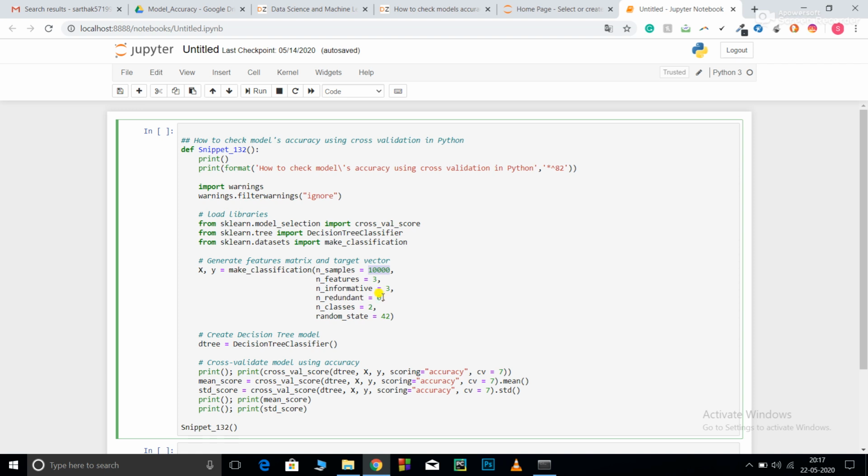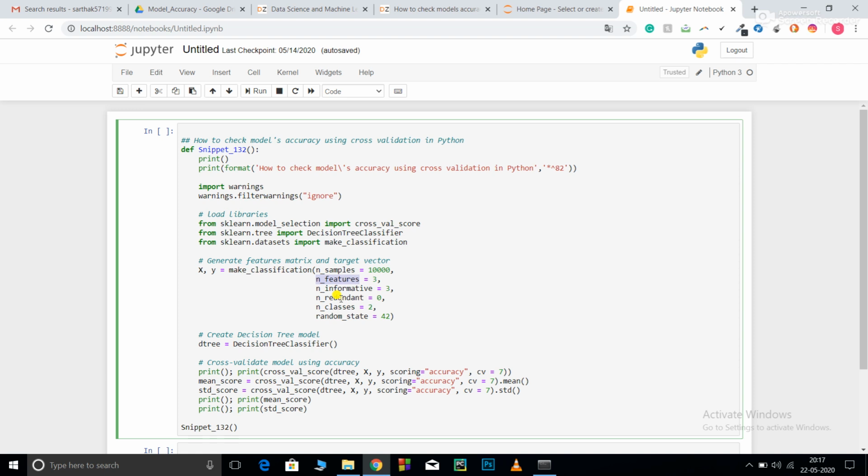So how is it going to create redundant features? Redundant features means that all of my redundant features are going to be created by the linear combination of these features and the features available. So you must be familiar with correlation. Sometimes your data are highly correlated. So what does high correlation mean?